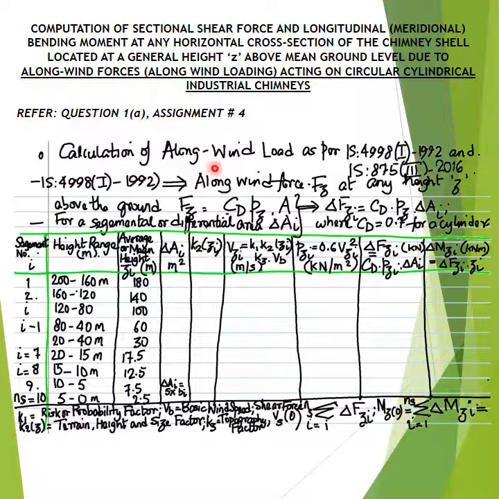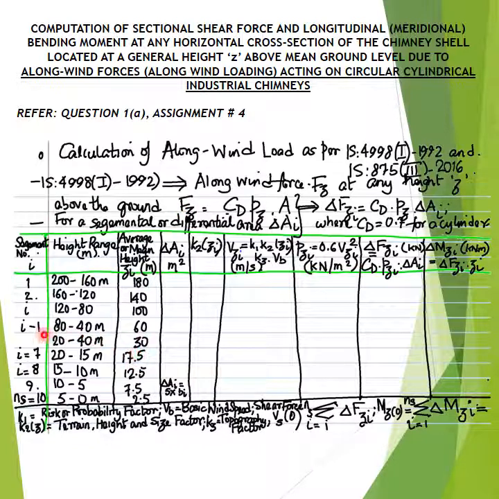The next column in the table requires the calculation of the factor K2 in the design formulation for the design wind speed Vz, and is termed as the terrain height and size factor as per IS 875 Part 3 2016, and therefore needs to be calculated for each segment separately,